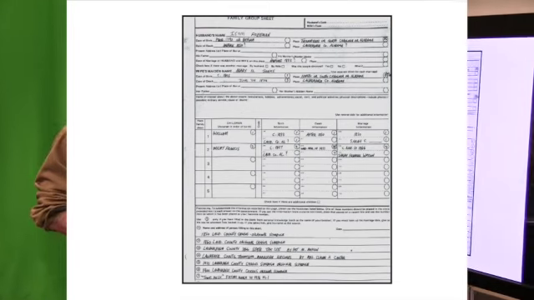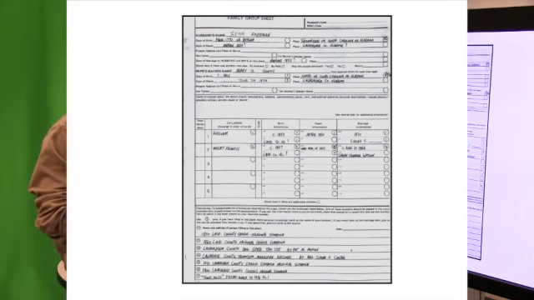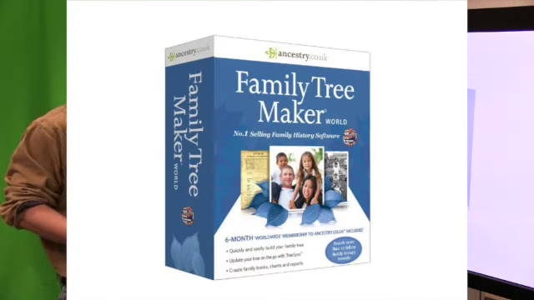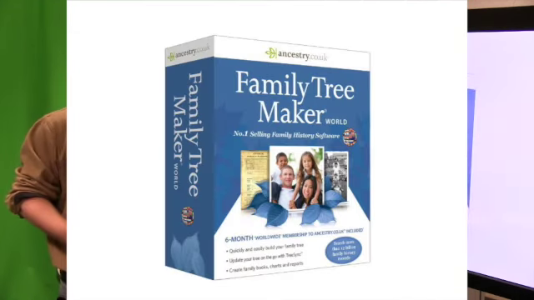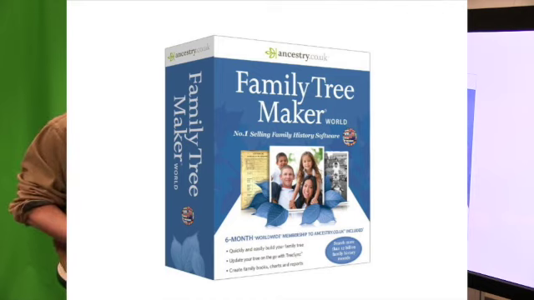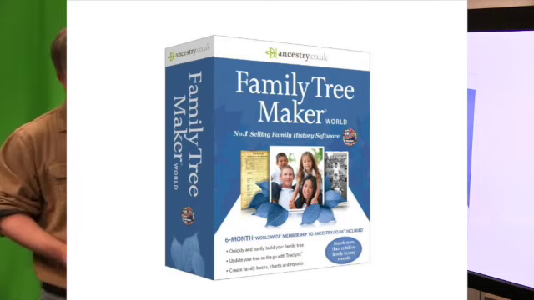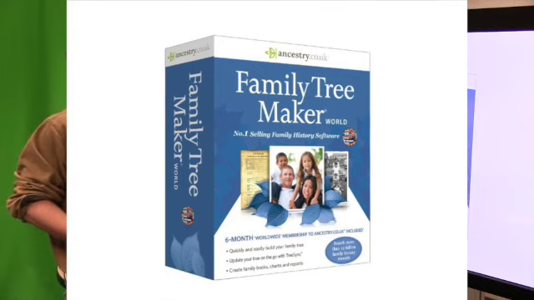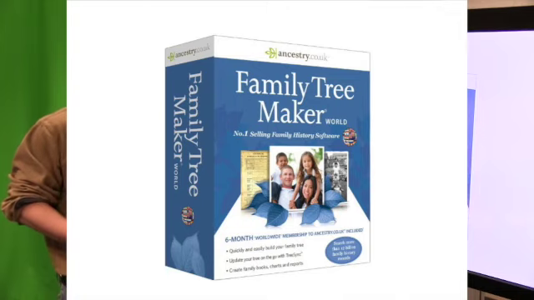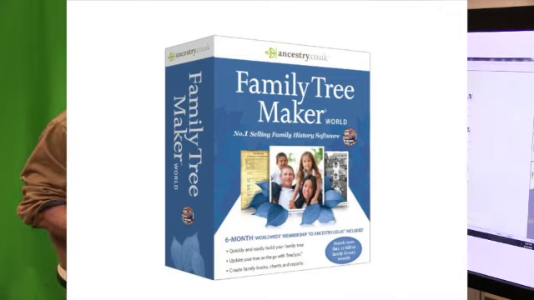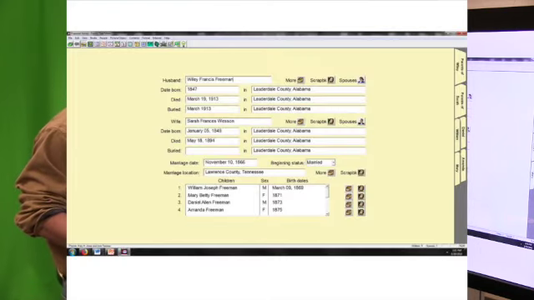And again, this is a hand chart that I filled in on my third great-grandfather, Isom Freeman, and his wife, Mary H. Jones Freeman. But since Family Tree Maker and other similar programs have come out, you don't really have to write these charts out by hand, and it's really a time saver. You can probably get these at any place that sells software. Like I think we got my dad a copy 15 or 20 years ago at Home Depot, or maybe Office Depot. I don't know if Walmart would have them. I'm sure Ancestry would have it. And they upgrade them every so often, and put out the newest versions.